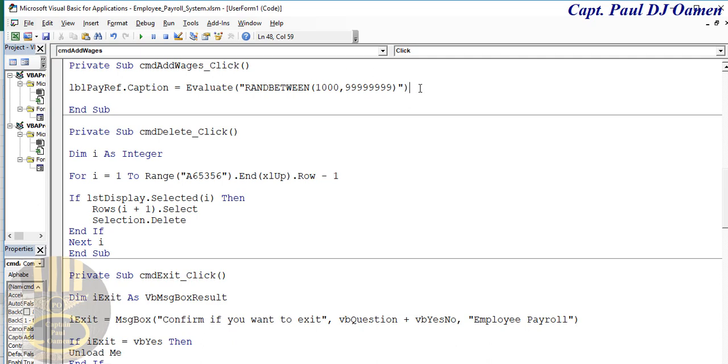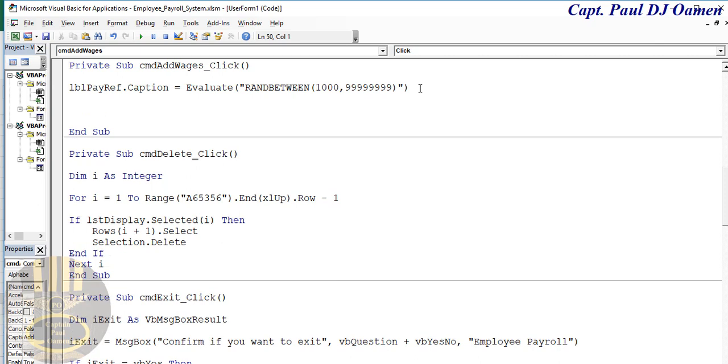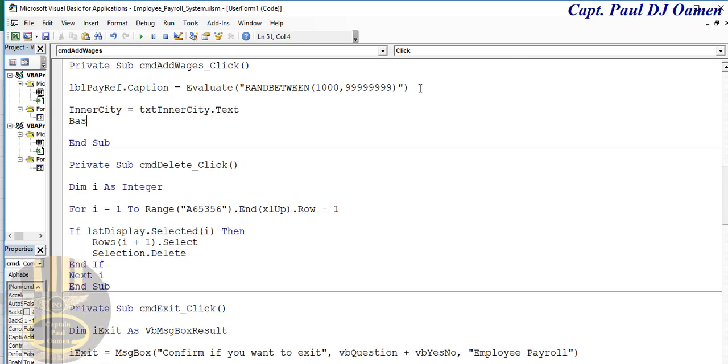Okay, let's come down here. The inner city takes in whatever value. Let's get rid of that. It should be lowercase. Inner city takes in whatever value you have inside txtInnerCity.Text. Basic pay equals txtBasicPay